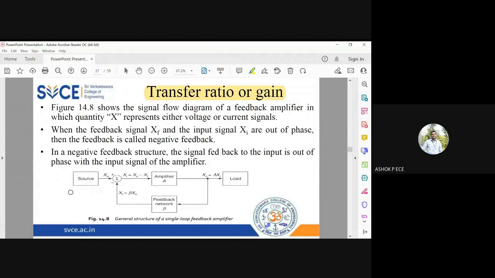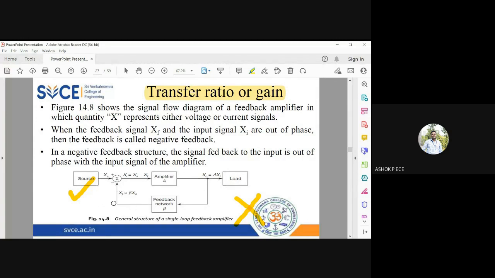You have a source which is going to give electrical signal to the amplifier which has a gain of capital A, and XS is the signal coming from source and XF is the signal coming from the feedback network. I'm not using voltage or current because depending on what mixing and what sampling I'm going to use, it is going to be voltage or current. So I cannot say always it is going to be voltage or always current. So I am using a parameter X which can be voltage or current. XS is the signal coming from your source. XF is the feedback